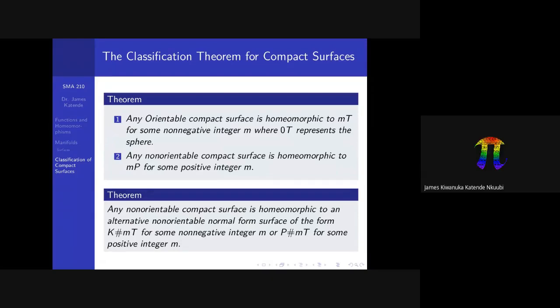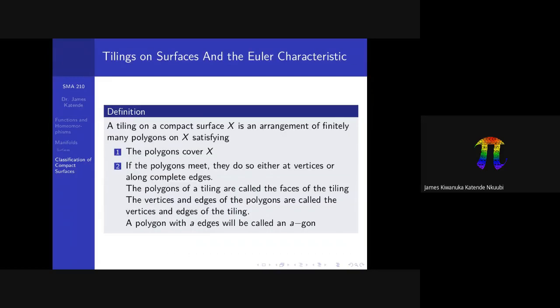So this is where we stopped yesterday. Now we'll move to our new topic, which we call tilings on surfaces and the Euler characteristic. So we start by defining the tiling. A tiling on a compact surface is just an arrangement of finitely many polygons on X which satisfy the following